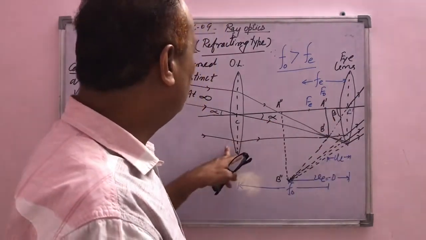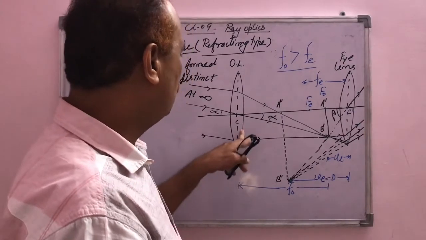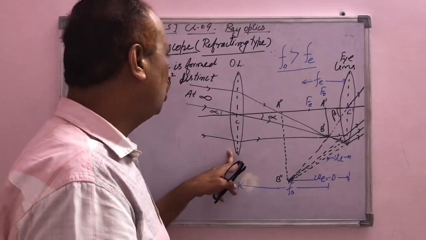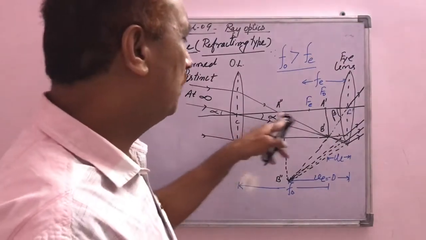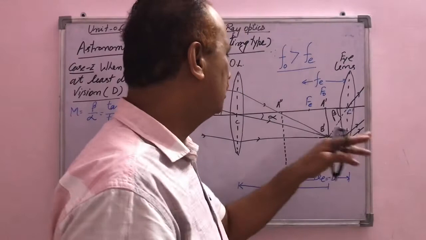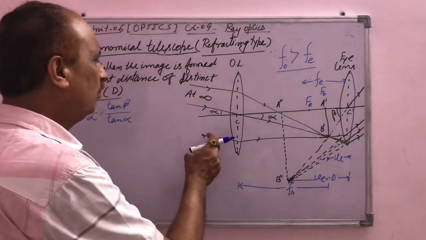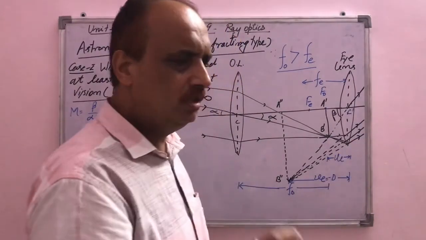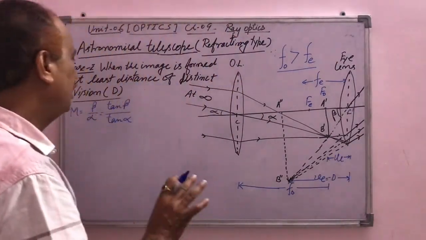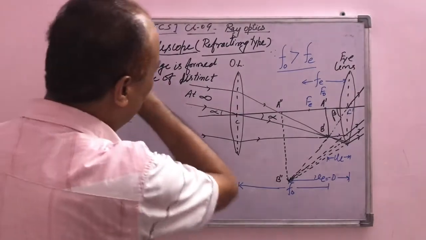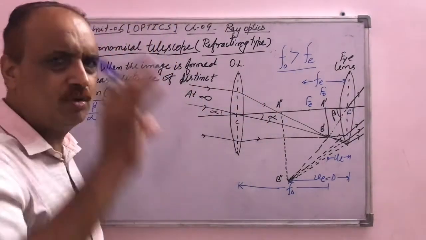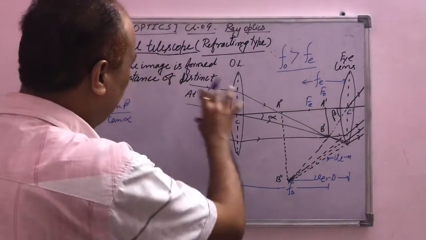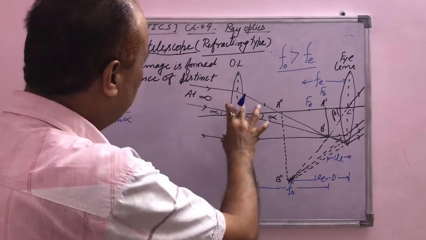The focal length of the objective lens, that is FO, is greater than the focal length of the eye lens, and the aperture of the objective lens is greater than the aperture of the eye lens. So these are the differences between them. The objective lens is always directed towards the object, and the eye lens is used to see the image of the object. Because it is used to see heavenly bodies, stars or planets, the rays are coming from infinity, parallel to each other,